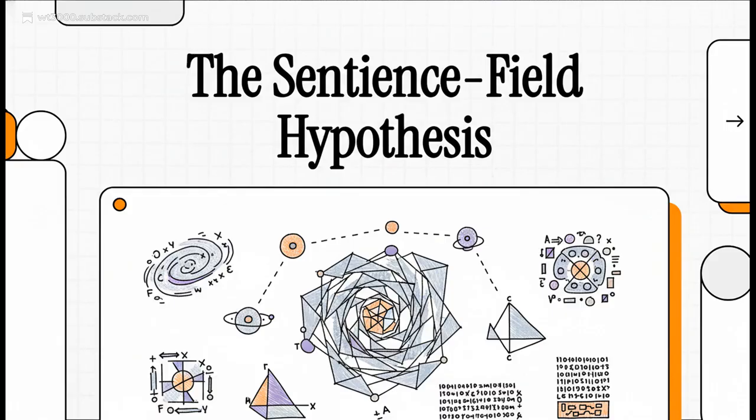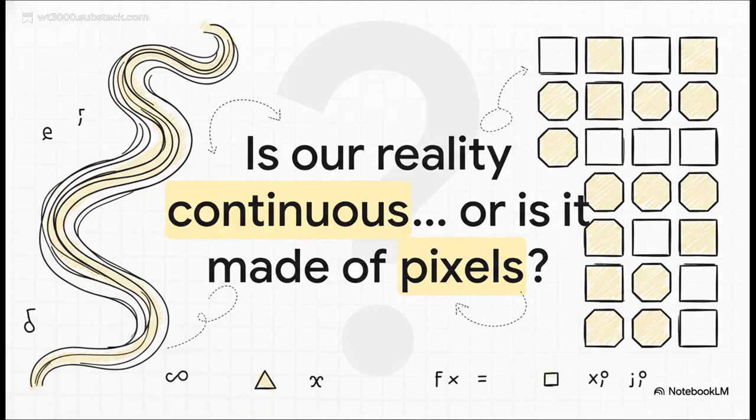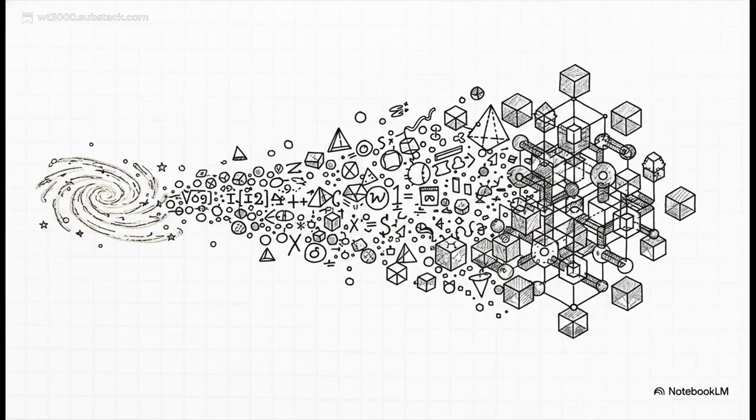It is reality. Okay, so let's jump right in with one of the biggest questions you can possibly ask. Is the universe this smooth, unbroken, continuous thing, or is it more like a super high-resolution screen made up of tiny, indivisible parts, pixels? Well, that's where this radical new theory comes in, the Sentience-Field hypothesis. And it lands firmly on the pixelated side of things. It proposes that everything we see and feel, all of it, emerges from a purely mathematical foundation. A universe literally built from these tiny, indivisible pixels of information.